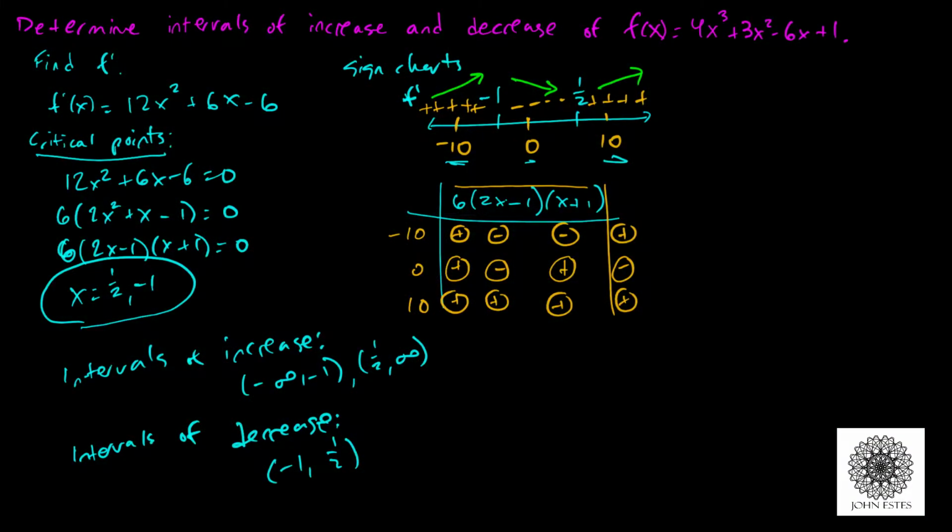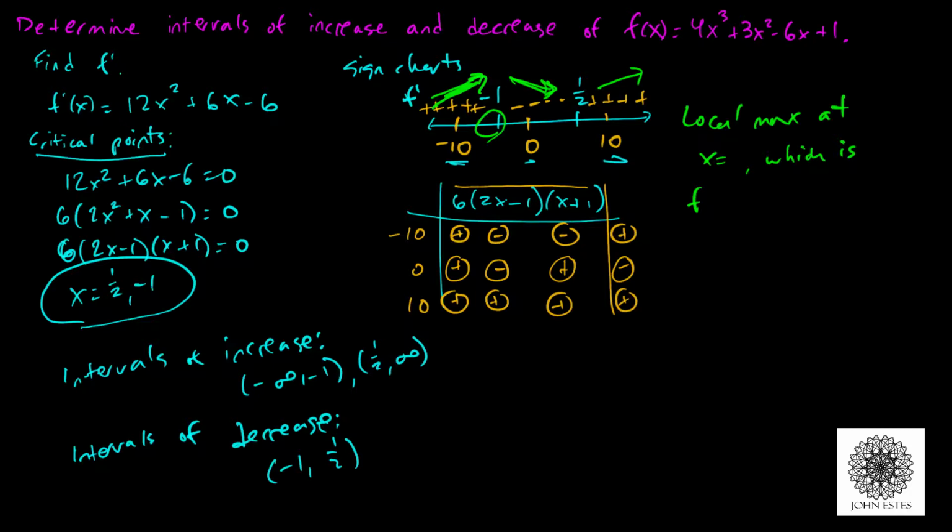Okay, now that we've done all this work, we can easily apply the first derivative test, which says that if a derivative changes from positive to negative at a critical point, that guy has to be a max. And if it goes from negative to positive about a critical point, then that critical point is a min. So since I've already done my sign chart here, I can see, look, I'm going from positive to negative here, I'm going up and then down. This guy at -1 is a max, so I have a local maximum at x equals -1,